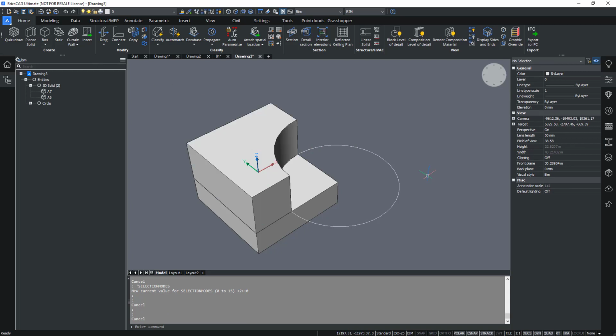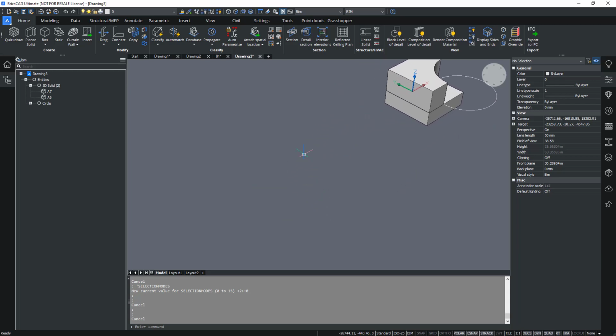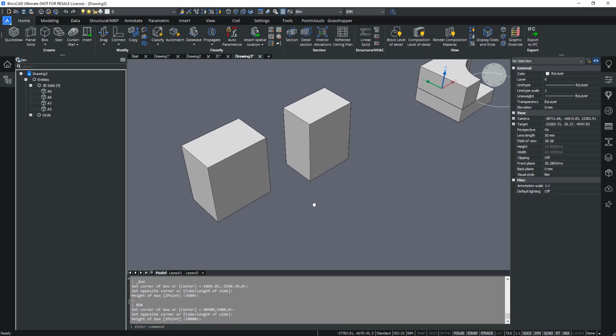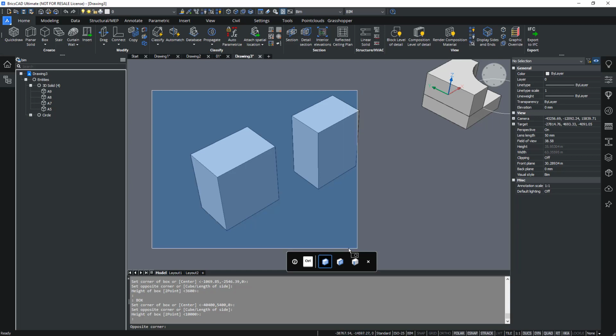Now, finally, we will also see how we can use selection windows. For this, I will draw two boxes. A blue selection box appears when creating a window from left to right, like this. A blue selection window means that only things entirely inside the blue selection box will be selected.